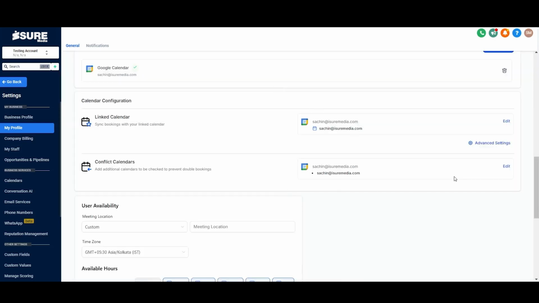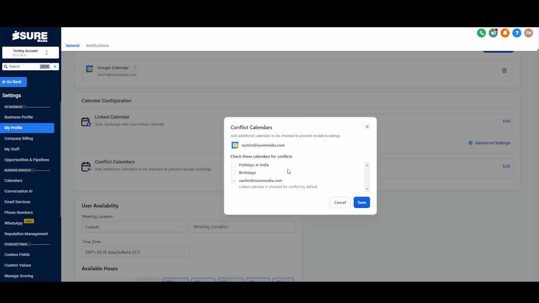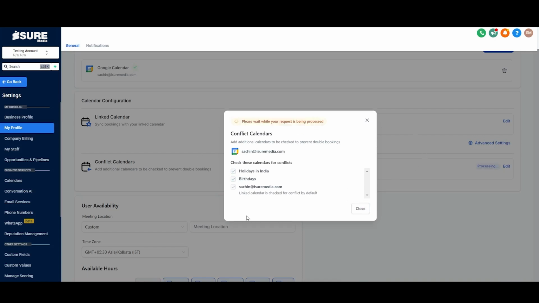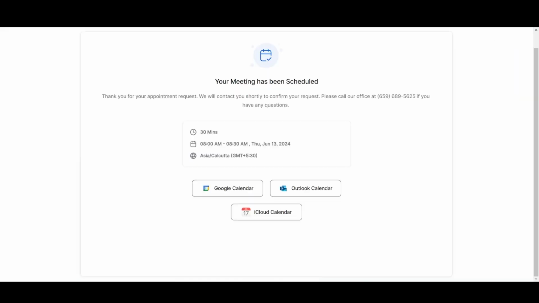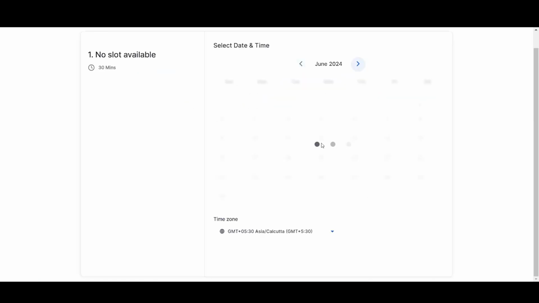Now in the conflict section, this is where you can check for the conflict of the bookings that you will make on this calendar over here. Once you have done all of these steps, now if you book the calendar it will show up. So make sure the first thing to check is that you have connected your Google, and the second thing is to configure your calendar. Now if I again book another call at 12